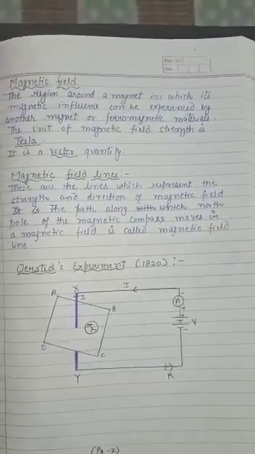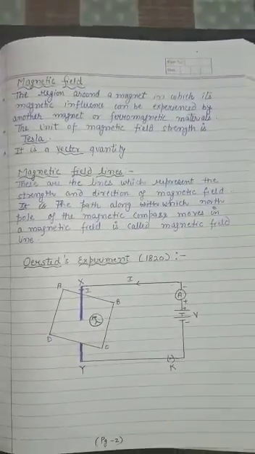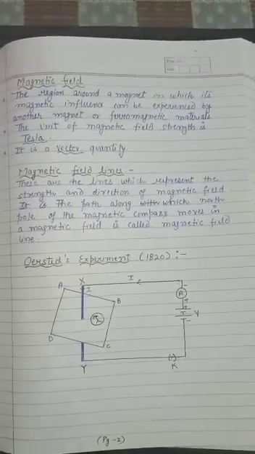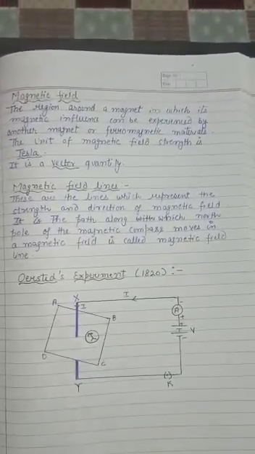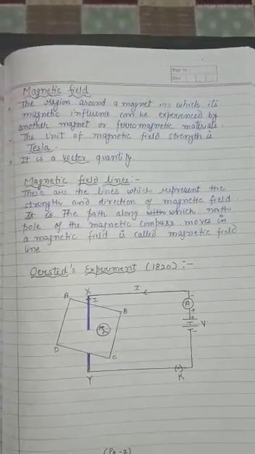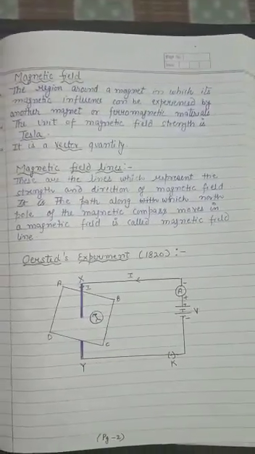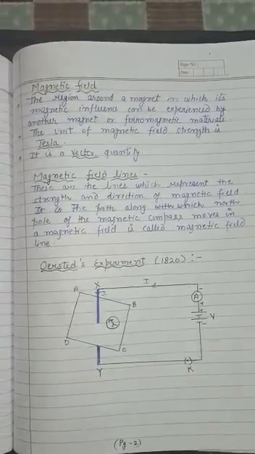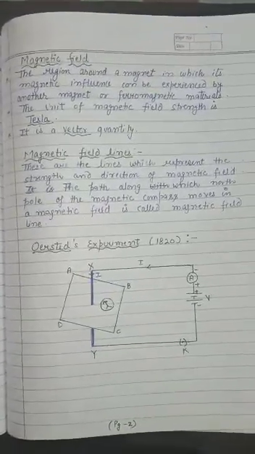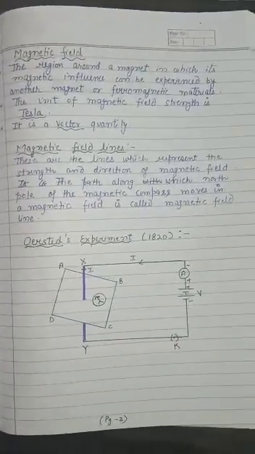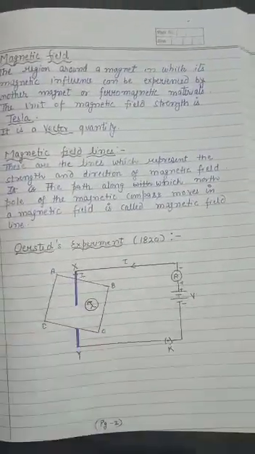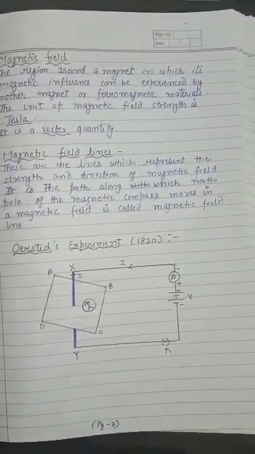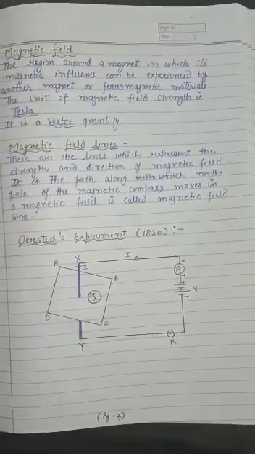They are imaginary, right, students? Basically, if I want to draw a magnetic line around a magnet, I can draw it with the help of a magnetic compass. The direction in which the north end or the north pole of the magnetic compass moves, that path is your magnetic field line. We are going to learn this in an activity in our next videos.